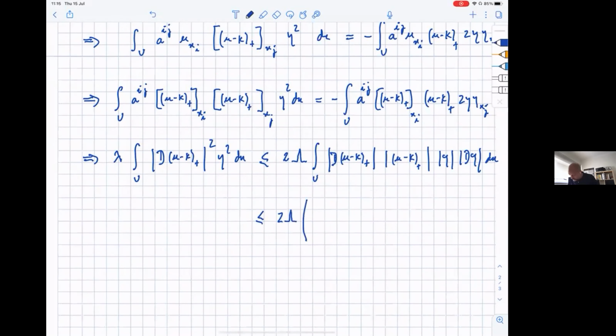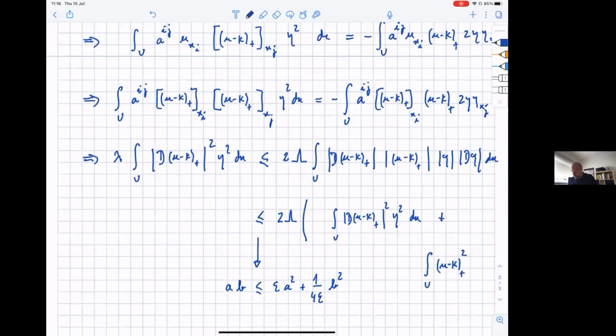And then here you apply Young's inequality with epsilon. So you separate this in 2 parts because now you want to absorb this term, this term, this and this on the left-hand side, right? So you just use the fact that AB is less or equal than epsilon A squared plus 1 over 4 epsilon B squared. So this is something that people working in PDEs are very used to do all the time. So this is our A. So we get integral of the gradient of (u minus k)_+ squared eta squared dx plus something, and then the integral over (u minus k)_+ squared, here you don't need the modulus, gradient of eta squared, okay,